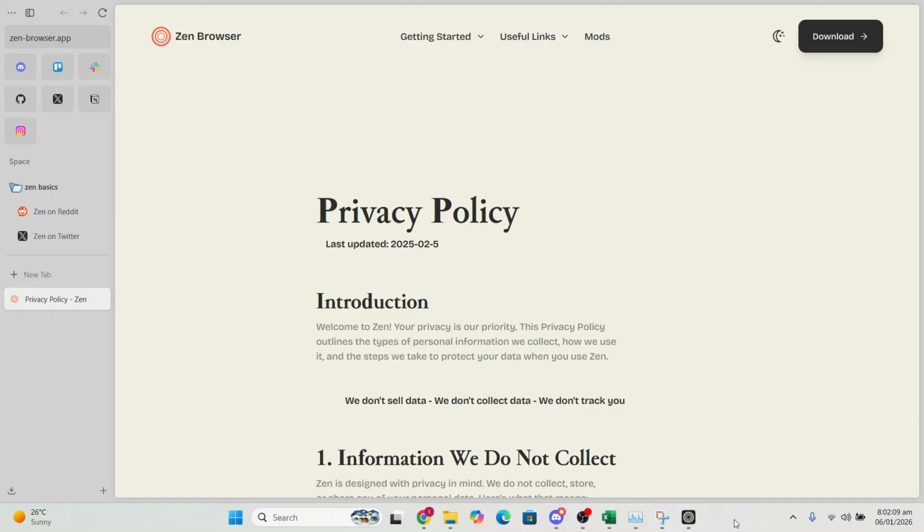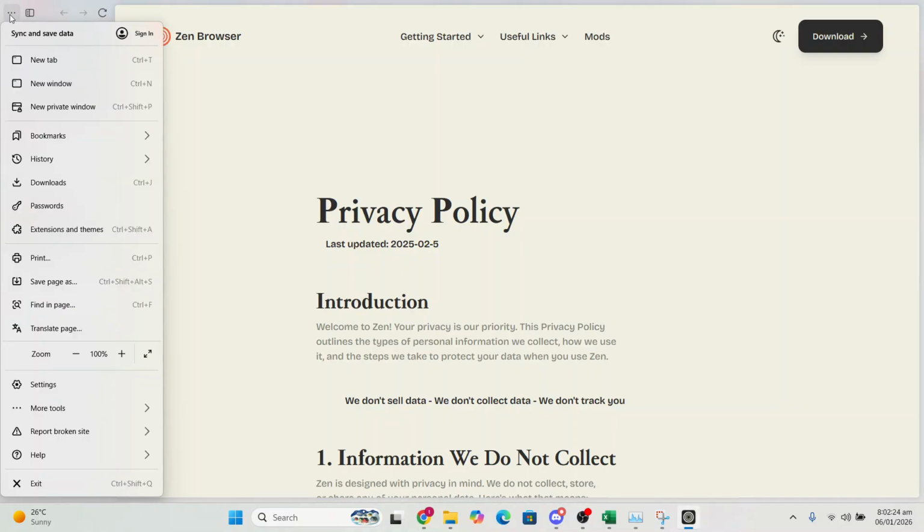Hey guys, in this video I'm going to show you how to view history in Zen Browser. First thing I want you to do is just launch up your Zen Browser, and then come to the top left. You'll see these three dots. I want you to just go ahead and click on this, and this will open up a drop down menu,